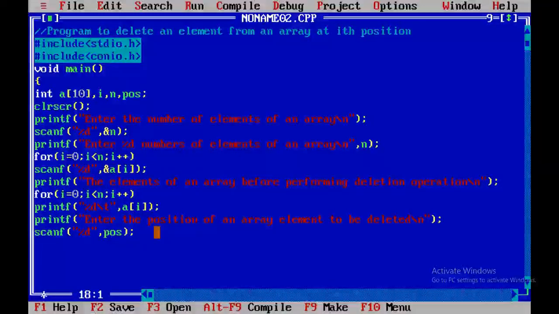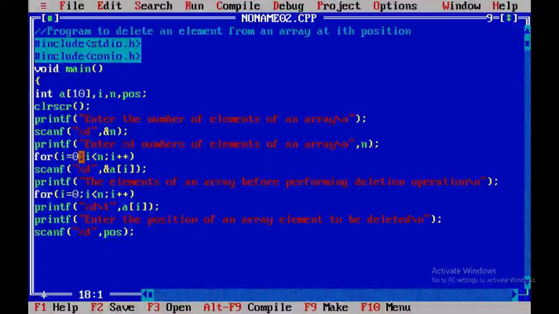Next, I'll check whether the position that is entered by the user is a valid position or not. See, if there are 10 elements in an array, since I've started the array index from 0, the valid positions are 0 to 9. Any value that is greater than 9 or lesser than 0 will be an invalid position.